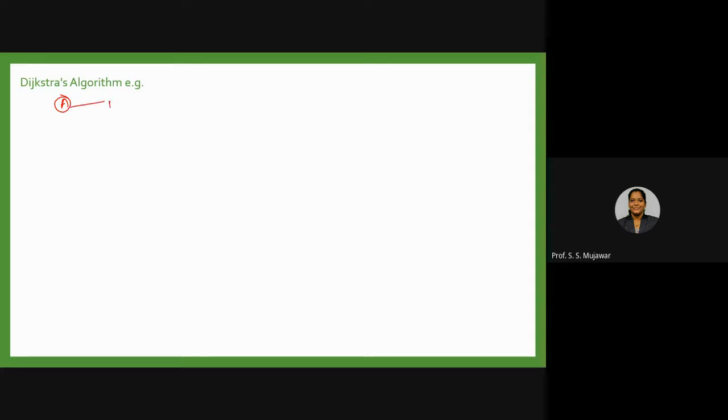So here is the network. Please draw this in your notebook. B, and I have E here. Suppose I have C here. Then here will be D. Here is F. Okay. And if this B is connected to D with the value 1, B is connected to